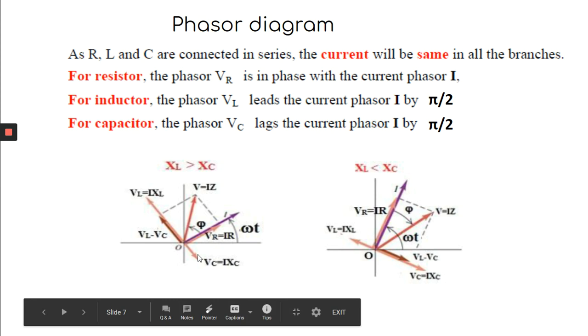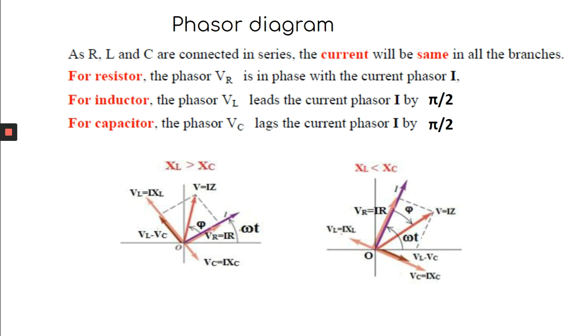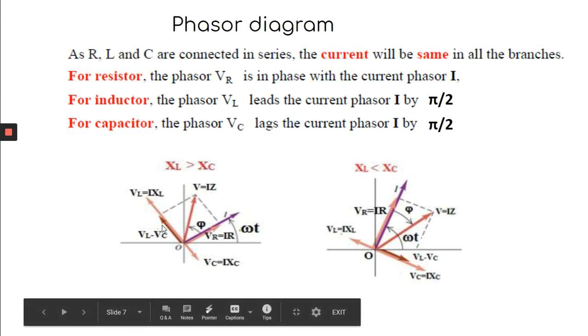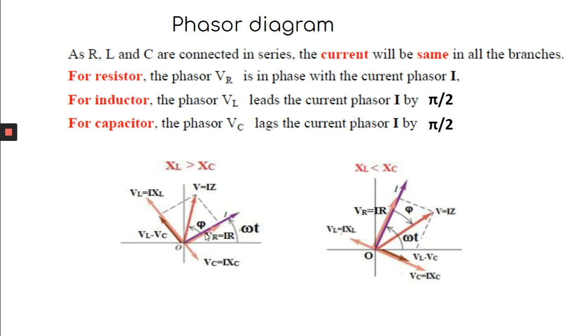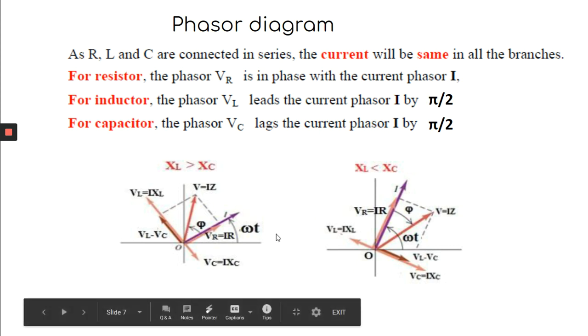So now you have to find out what is the voltage of the source. Because all of you know Kirchhoff's law, whatever the EMF applied at any instant of time, the external EMF should be the summation of what? Voltage across the inductor plus voltage across the capacitor plus voltage across the resistor.